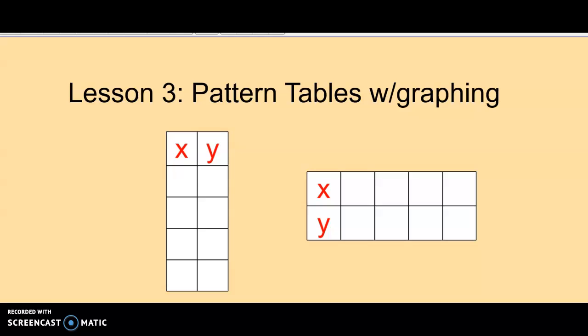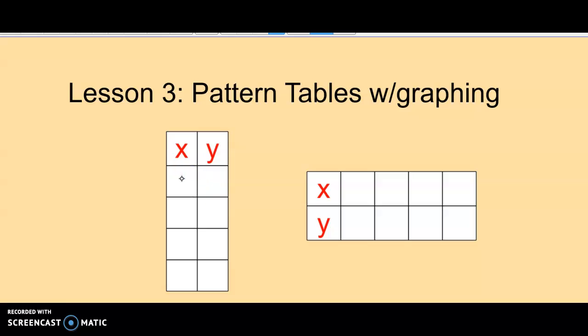So when we look at rules and patterns, when it's vertical, we always go from left to right. So we look at the X, and then we go to the Y to figure out the rule. So if this were, sorry, my pen's not engaged right now. If this was an X value of 2 and a Y value of 4, we'd be saying, what happens to 2 to get 4? It could be plus 2 or it could be times 2. We don't know because I don't have any other values in here. But it's always looking from the left to the right when we figure out those patterns